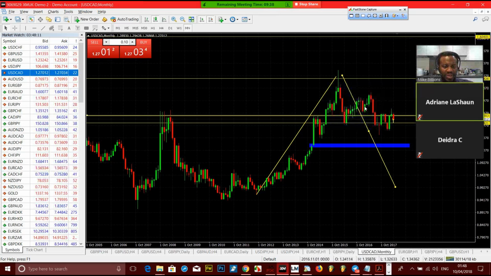So watch for this to come down to this level, and then we can start looking for a buy as well. Or if that doesn't play out, it might just come in and make this correction, come back to this structure. But it's all good for those people that like to trade one pair. This may be a very good pair to just monitor and trade, and then milk everything out of it.